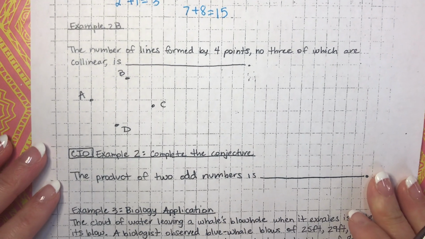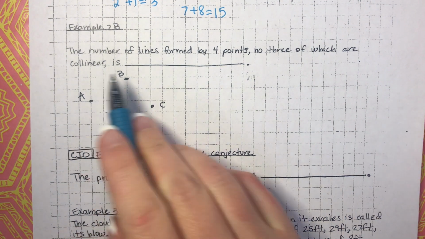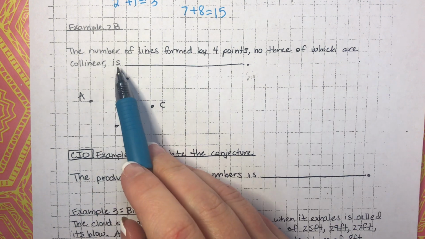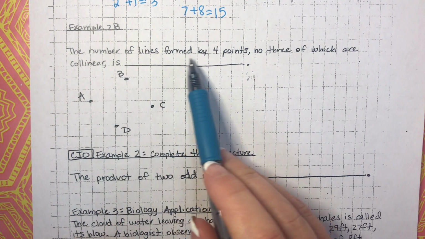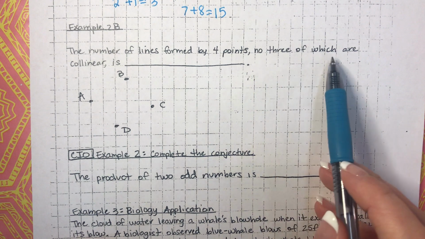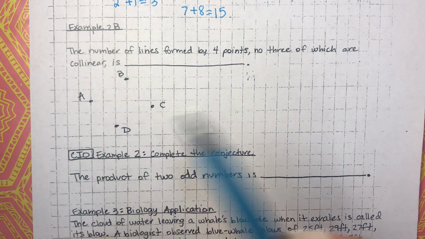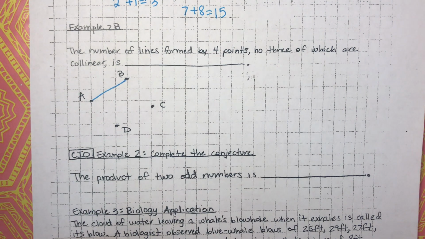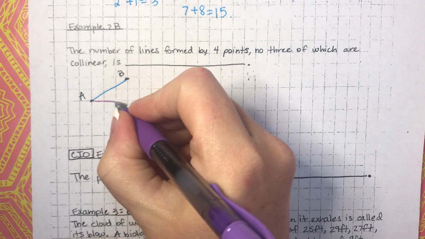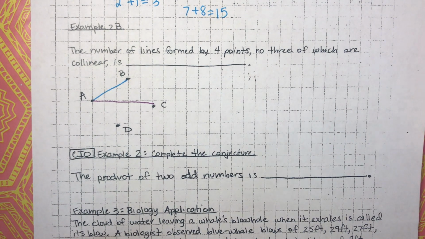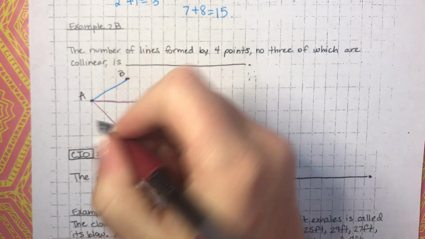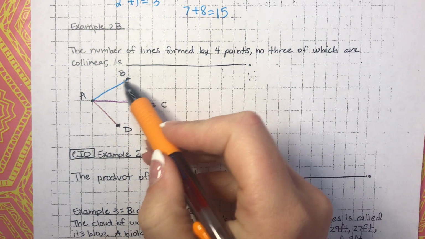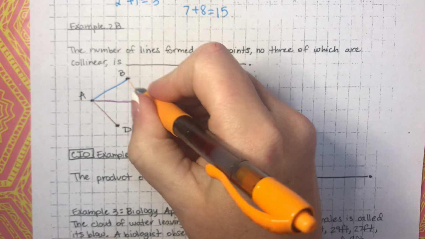All right, let's go ahead and work on example 2b. It says the number of lines formed by 4 points, no 3 of which are collinear, is... So here we have 4 points. So we have 1 line, 2 lines, 3 lines, and then, okay, those are all the lines coming out of A. What about B? We already have that one. So we have 3. This would be 4,